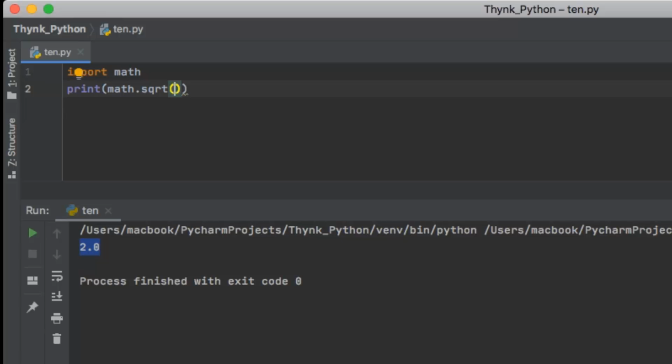So square root of 144. I know the square root of 144 is 12. So let's check it. Correct. So the answer is 12. So see how simple things become when you are working in Python, right? Everything is already there in the libraries, in the methods, in the modules. You only have to have the knowledge that it is there, right? And you are ready to go.